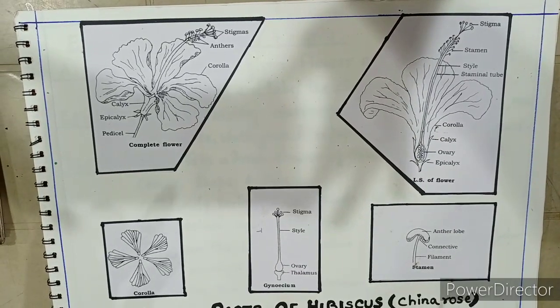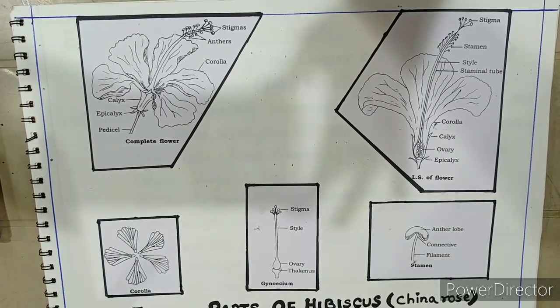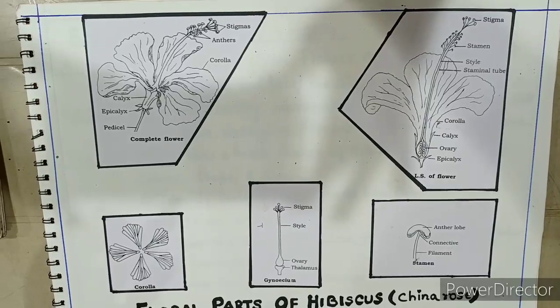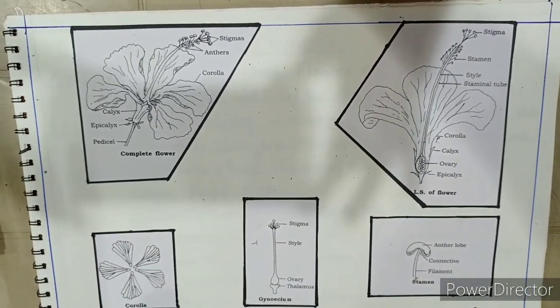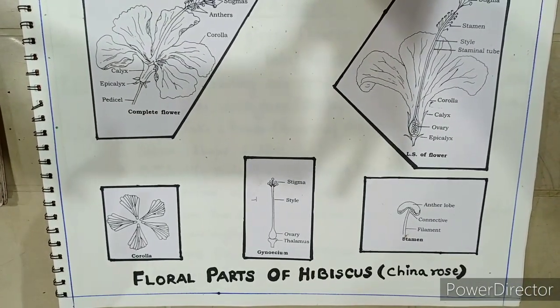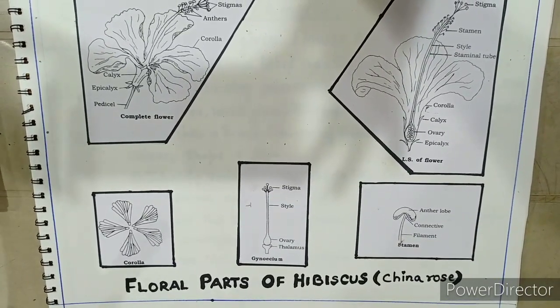On the blank page, you are not supposed to lift up the pen. Any kind of work on the blank page should be done by drawing a margin followed by the diagrams, labeled diagrams with the pencil. So this is how, children, we are going to finish off. We have completed the first experiment, that is the dissection of the hibiscus flower. Thank you very much.